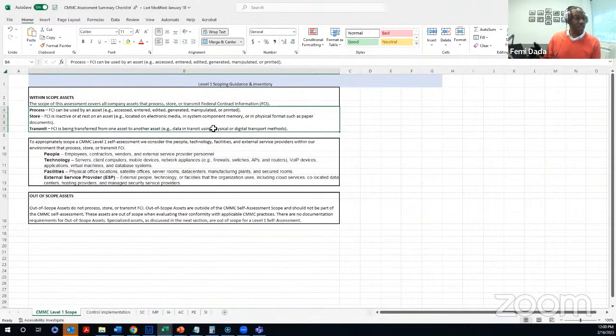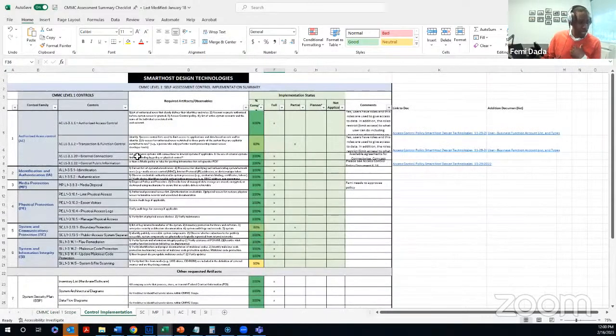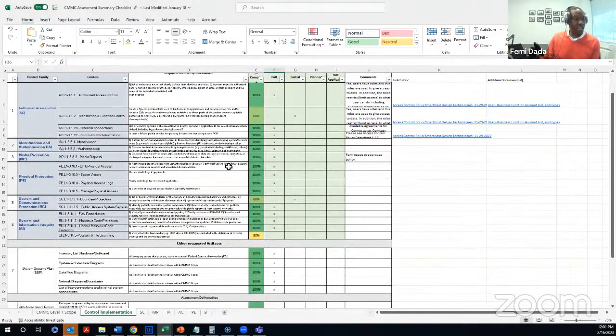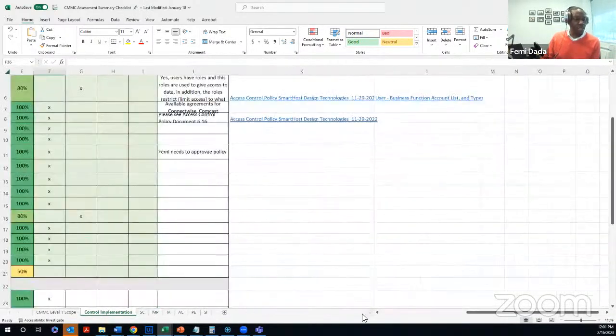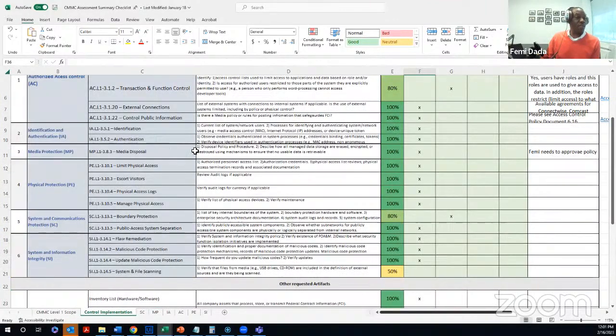So the first thing we do is we come in, we meet with you, whether virtually or in person, and we define the scope of your CMMC requirement. And then we have the controls in place. Whether you're going for Level 1 or Level 2, we have the requirements broken down into this spreadsheet. I know it's a little small on your screen, but trust me, this is a live document that we're using.